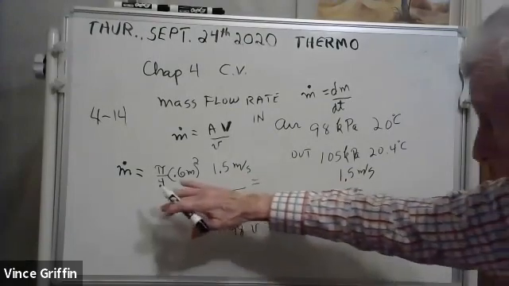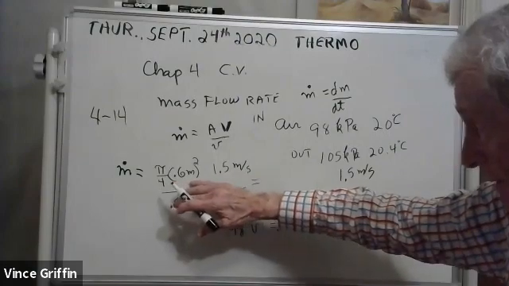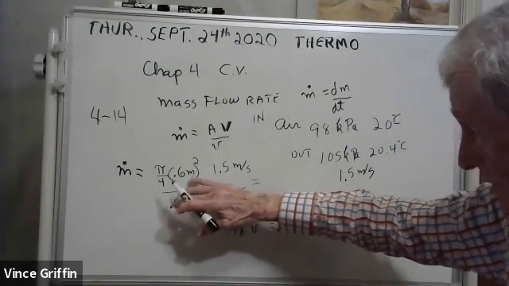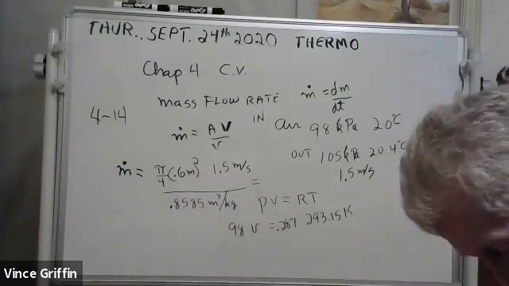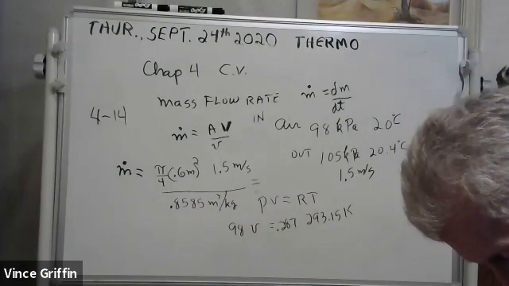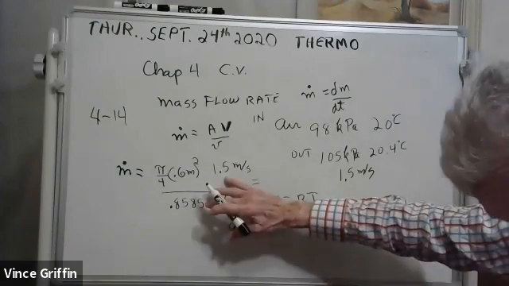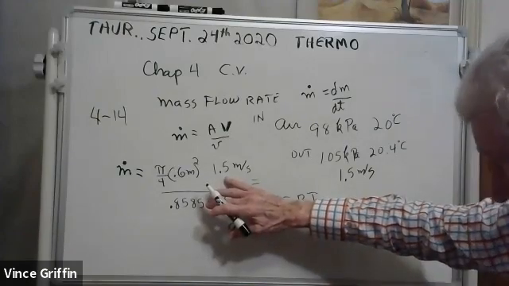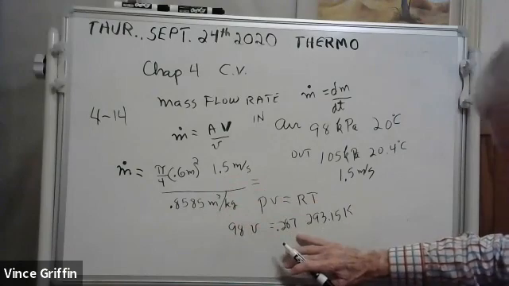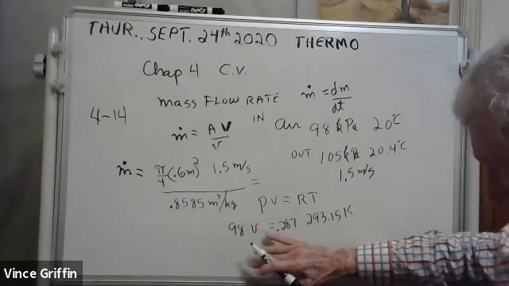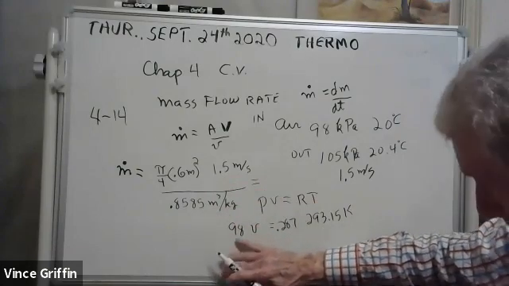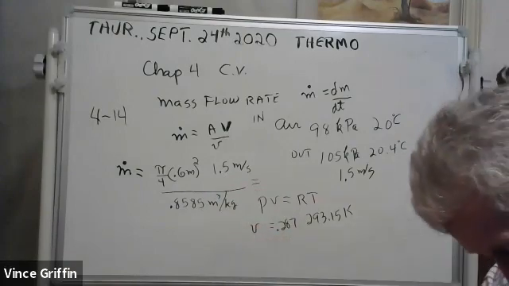I'm doing the entrance. Now that would be the same. The area of the fan, that doesn't change any, but the exit velocity is that 1.5. I did that right. That's the exit velocity. But this here, we need the exit specific volume, and see, that's wrong. This should be